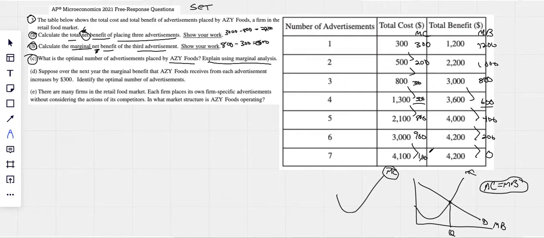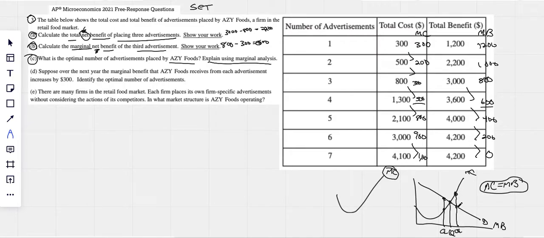Those are about as close as they can get, right? For 5 and 6, there's only 100 difference between those two, and the cost is less than the benefit. Think about that. You can't get exactly where they meet, but you can either have it on this side where the benefit is greater than the cost, or you can be on this side where the cost is greater than